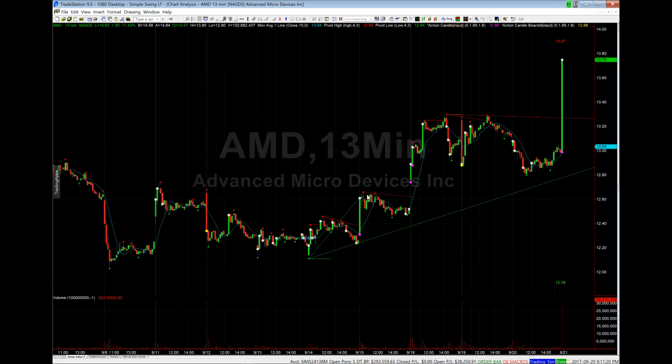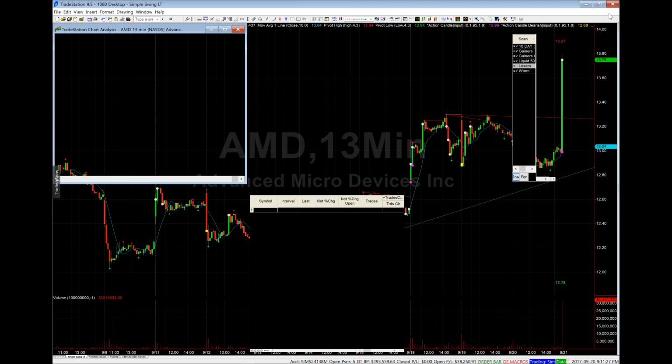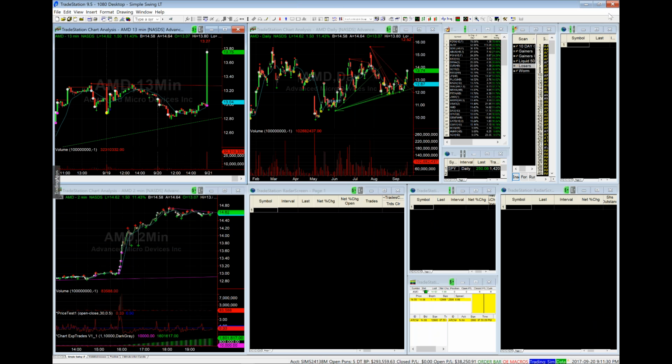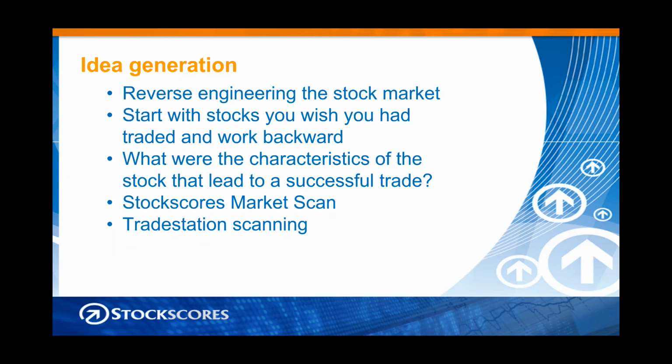Now, this particular indicator that I'm using today is not something I had 25 years ago. This software didn't exist 25 years ago. So nowadays, it's way easier to do what I was doing 25 years ago when I was figuring all this stuff out. Eventually, I realized that I needed some automation, some tools. And so I created in the year 2000 the Stockscores website, and a core component of that website was the Stockscores market scan. That tool allowed me to filter through the entire market in seconds looking for different criteria.